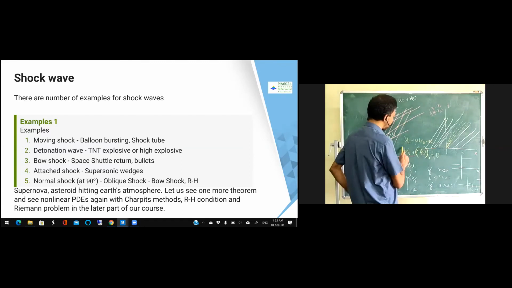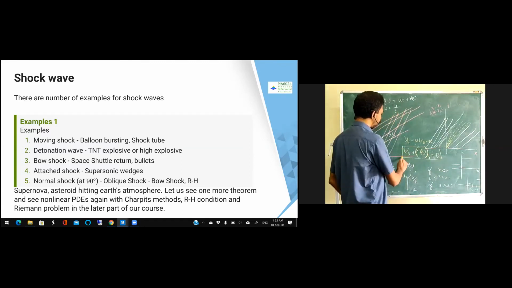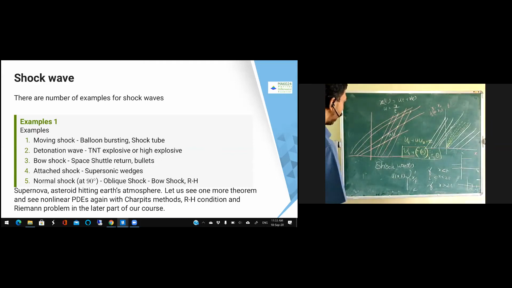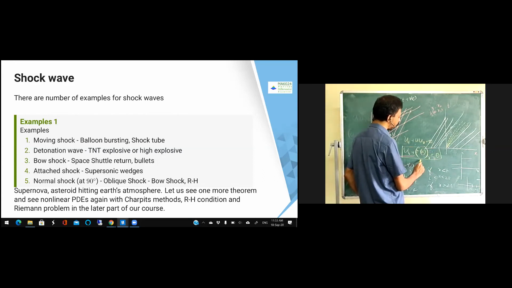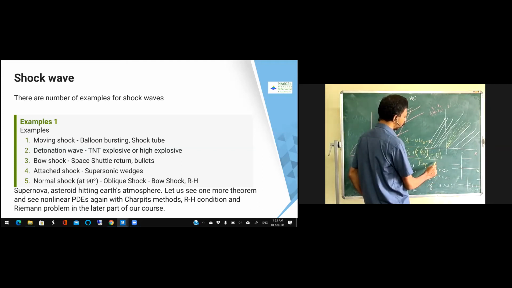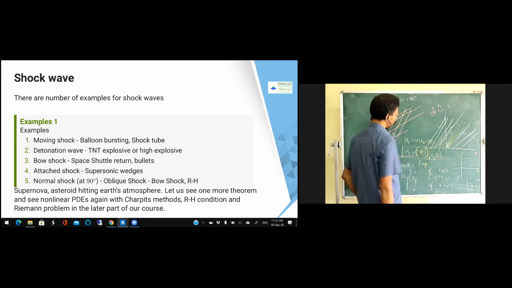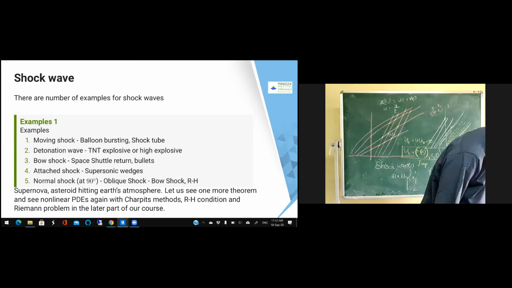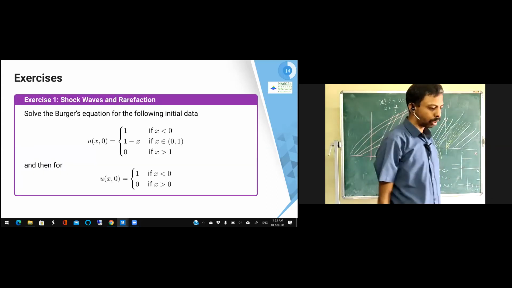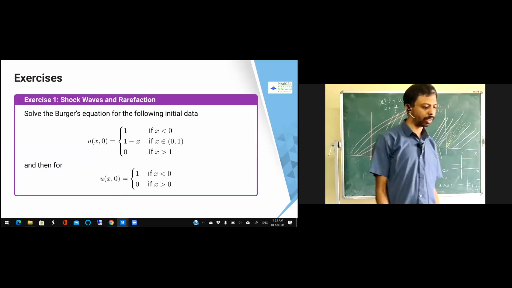So these kinds of problems are important in aerodynamics, etc., where they are trying to solve this. Not only aerodynamics, also explosives, and many other things. So for this kind of thing, they define something called jump discontinuity. Using the jump discontinuity, they will try to find the solution where the shock is occurring. Those conditions are called the RH condition or the Riemann problem, which we will see probably later. Okay. Now, this is again some examples I got, so you can just try to solve it.